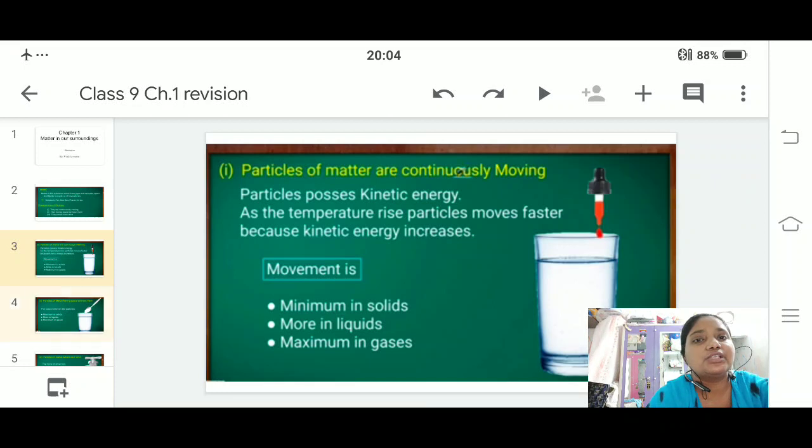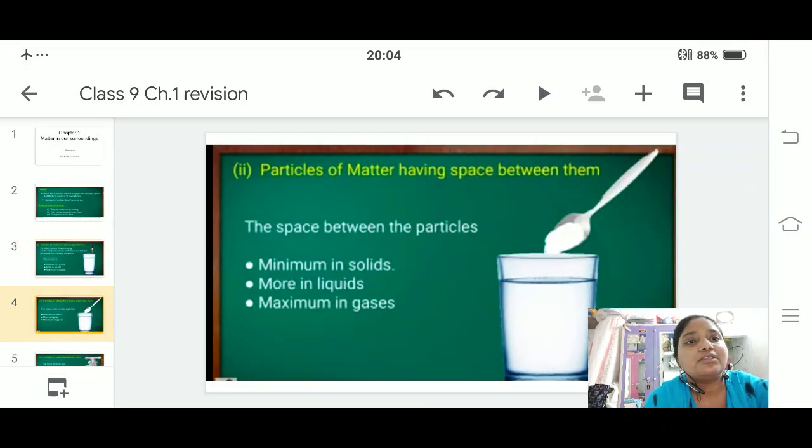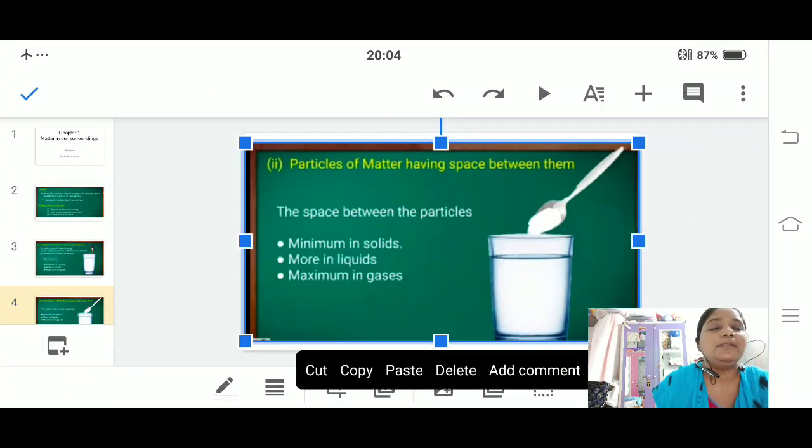Let us go to the next one. Particles of matter have space between them. In the last video I gave an example: take a beaker and add some sugar to it. You will see that the level of water does not change, because in water there is intermolecular space present. The solid, the sugar or the salt which we are adding, takes the empty spaces.